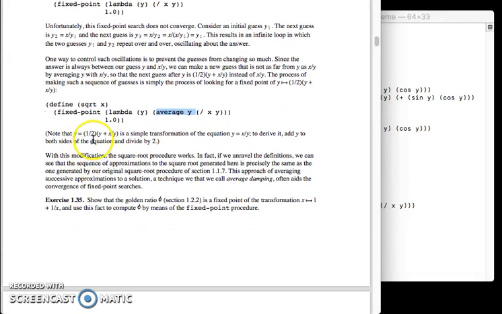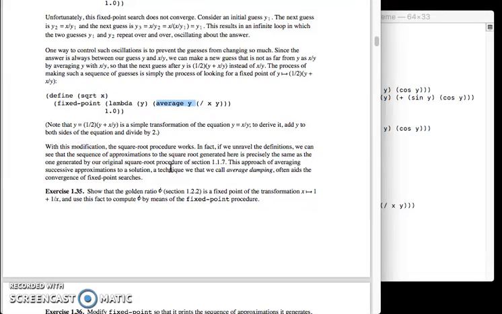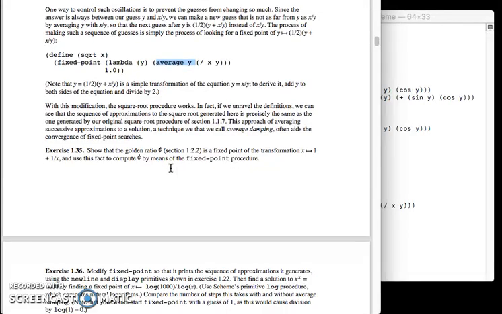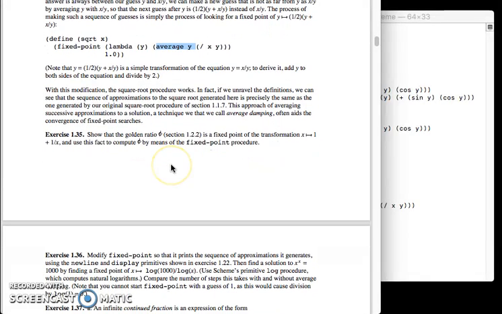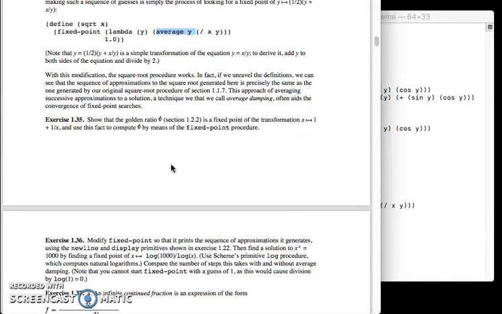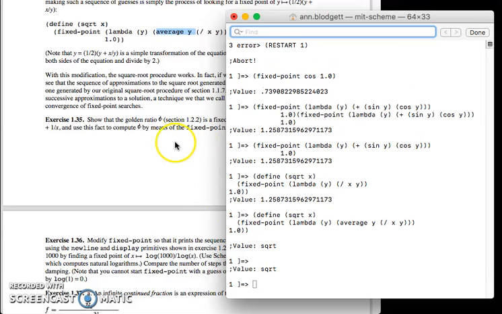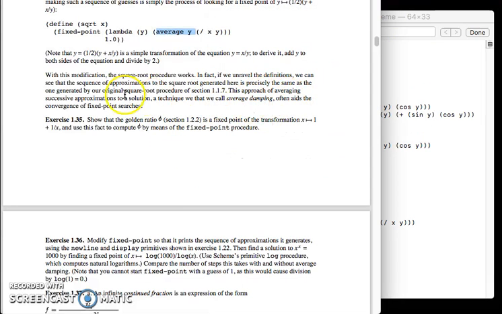Note that y equals 1/2 times y plus x divided by y is a simple transformation of the equation y equals x divided by y. To derive it, add y to both sides of the equation and divide by 2. With this modification, the square root procedure works. In fact, if we unravel the definitions, we can see that the sequence of approximations to the square root generated here is precisely the same as the one generated by the original square root procedure of section 1.1.7. This approach of averaging successive approximations to a solution, a technique we call average damping, often aids the convergence of fixed